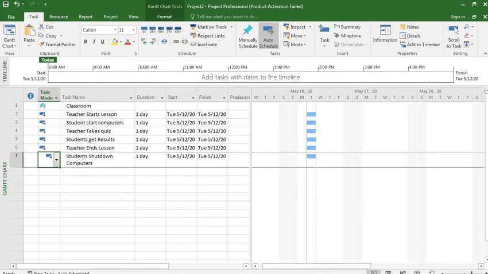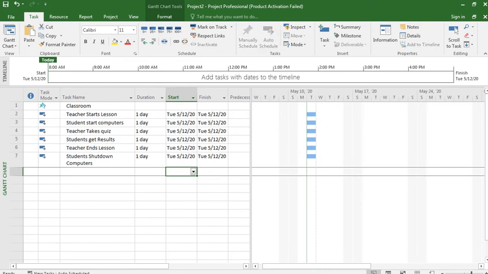So if you see, this is teacher starts lesson, student starts computers, teacher takes quiz.